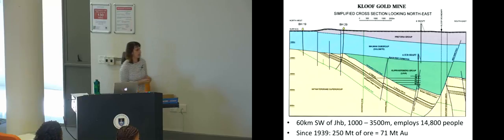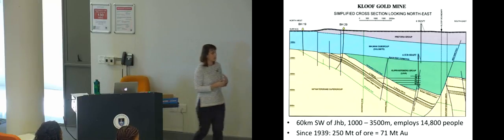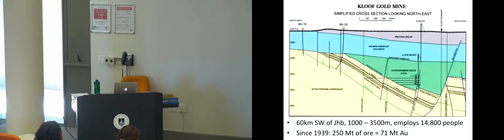So this is just a simplified cross-section of an example of one mine. So this is Kloof Gold Mine, which is about 60 kilometers southwest of Johannesburg. So this is tracing those reefs around in the more southwestern part of the Witwatersrand Basin. And the amazing thing is, so here